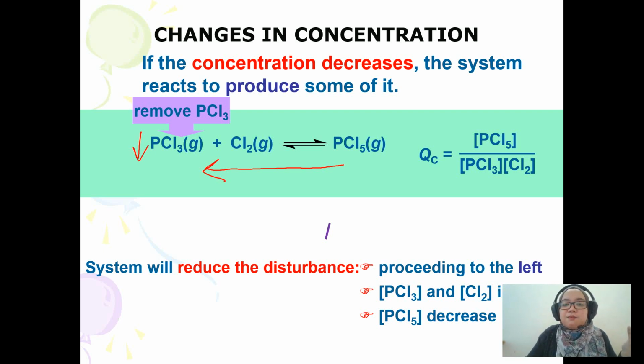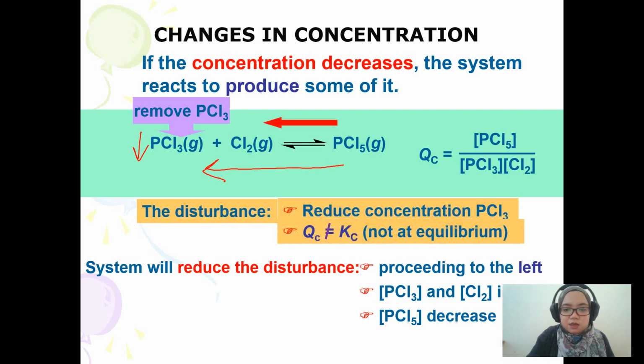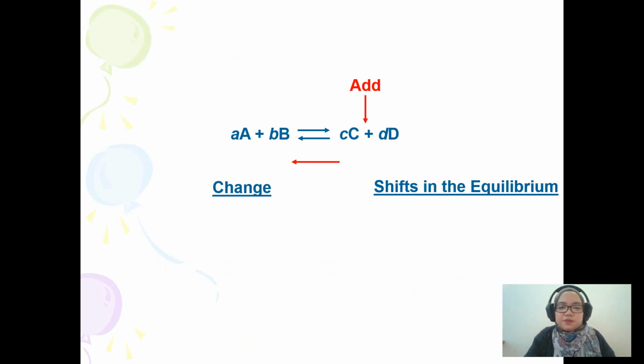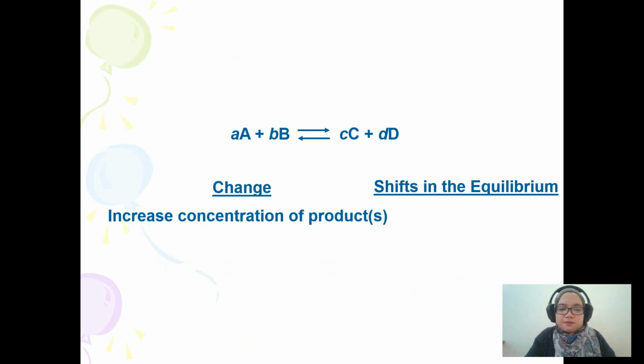So by that, it will consume more PCl5. So that is why the concentration of PCl5 decreases. Okay. So the disturbance is reduced concentration of PCl3. So now, okay, itulah dia. Okay, so now the new equilibrium will have Q equals K balik. Okay? Okay. So remember,